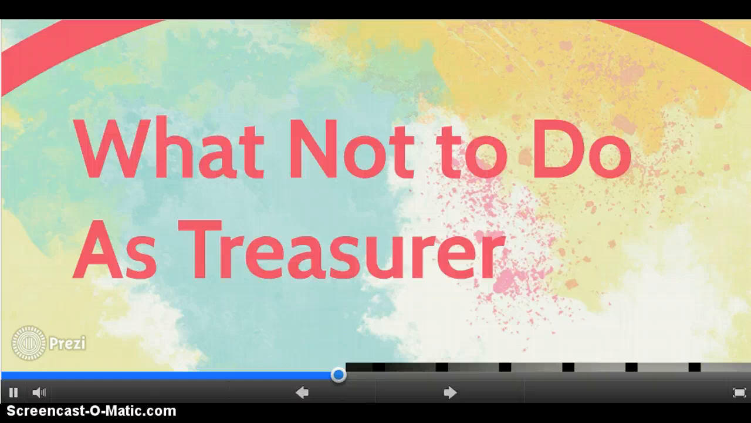Lastly, in addition to knowing your duties, responsibilities, and skills necessary to be a top treasurer of your organization, you also need to know what